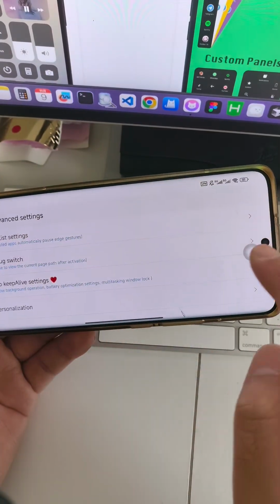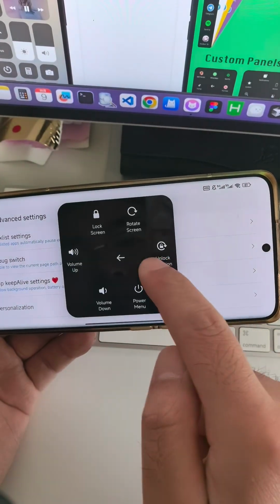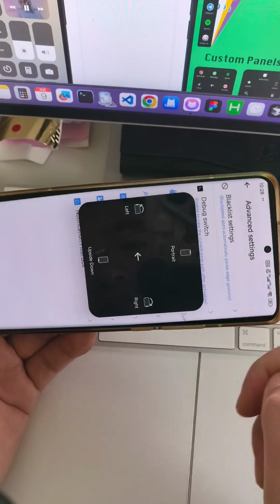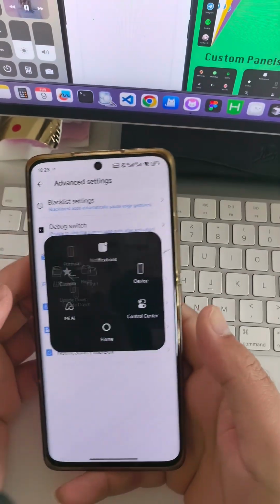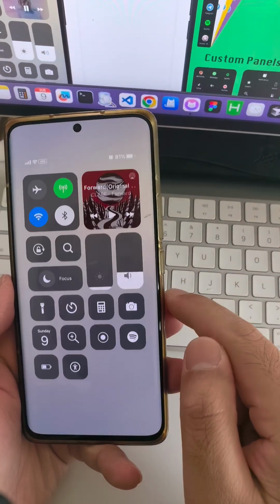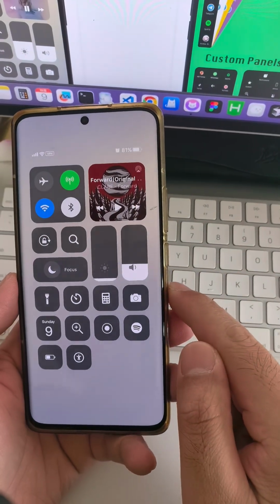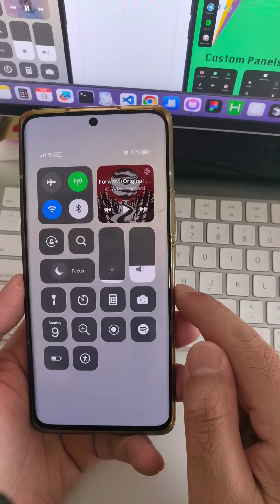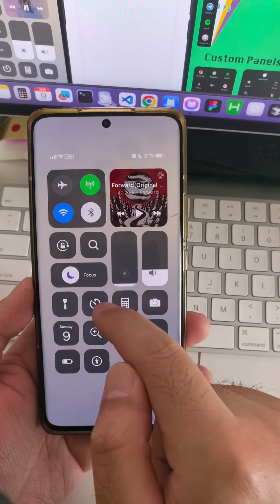Let me switch again. At this point, we can learn about the other functions, including mute,